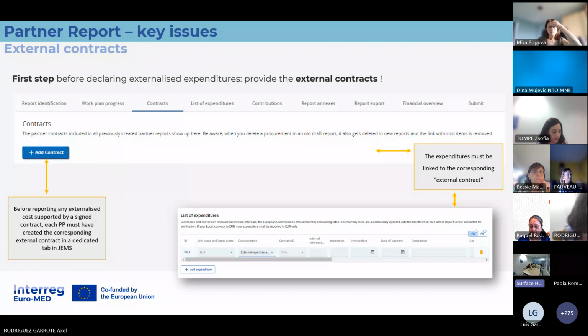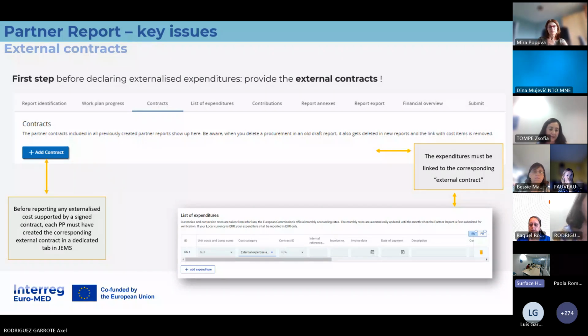What we should know is that for every expenditure which was externalized, not made by the staff, each project partner must create the corresponding external contract in a dedicated tab in GEMS. This is what you see on the slide. Add contract is the name of the button.